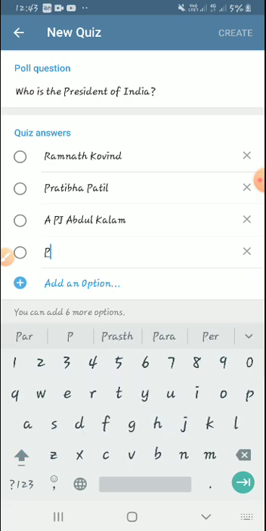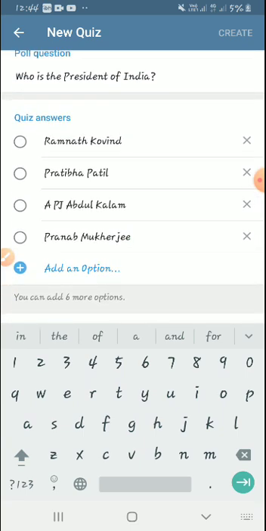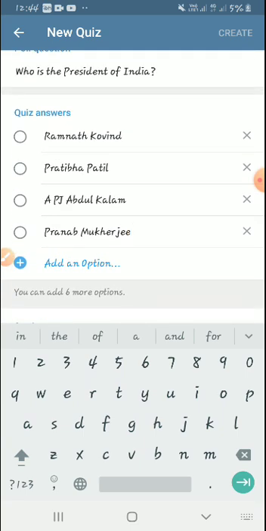Or we can choose Pranab Mukherjee. This way I have added 4 options. We can add 6 more options. We can add up to 10 options in a particular question. So now I click on right answer.